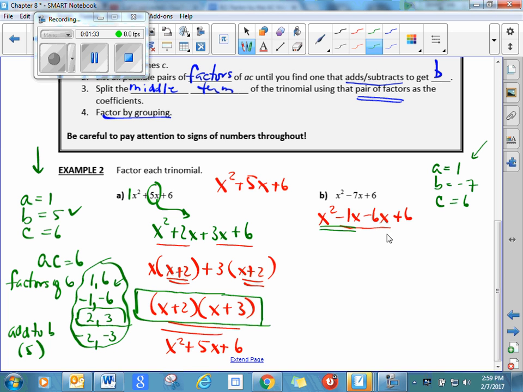So we're going to look at these two and these two. I've got a negative sign here, so that's going to bring up a negative, something that we're going to have to take care of, if you remember from before. So I've got an x in common in these first two terms. What's left is x minus 1. This negative sign comes down. That leaves a positive,